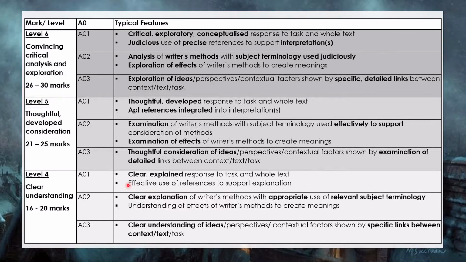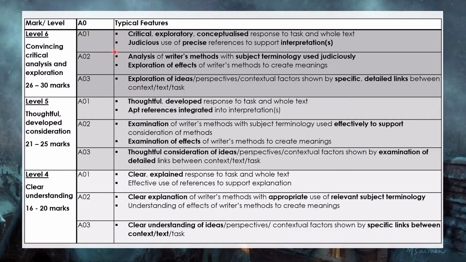If we have a look at these levels, which are the ones we're obviously aiming for, level 4 takes us into clear understanding. So everything you're saying needs to be very clearly explained, and not just what you say is clear, but you are explaining the ideas behind it. Level 5 gets you up to thoughtful and developed, and then examination of writers' methods, which means that you're not just saying it creates this effect, but you're suggesting how it makes that effect through certain particular techniques, and you're